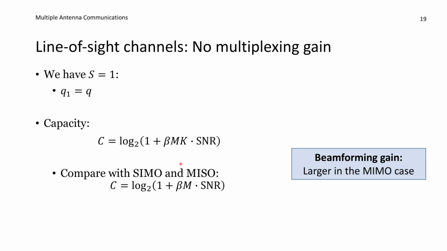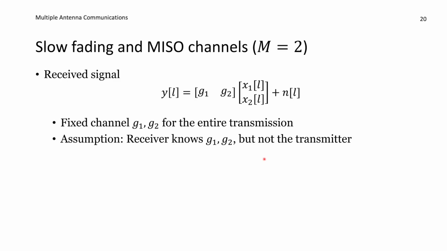And of course, these are special cases of the MIMO case. But we have a larger beamforming gain when we have multiple antennas at both the transmitter and the receiver. So even if we have a line of sight channel with rank 1, we still benefit from having multiple antennas. That's the end of the point-to-point MIMO part of this lecture, but I will wrap up by considering the slow